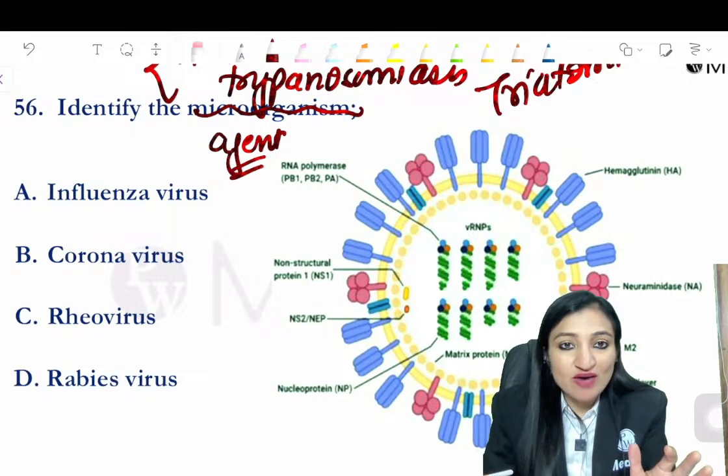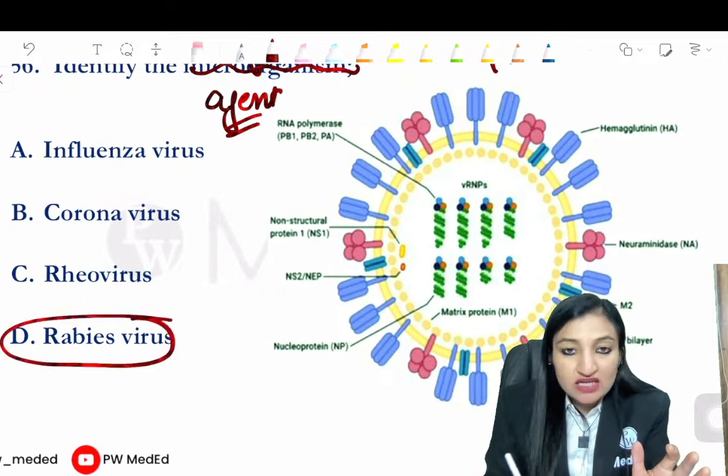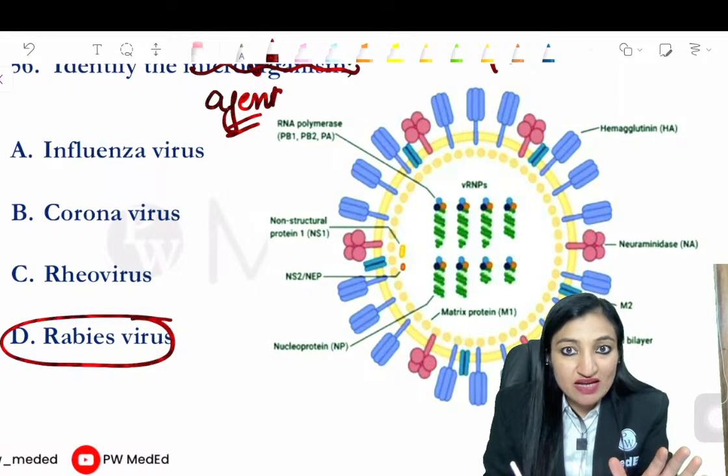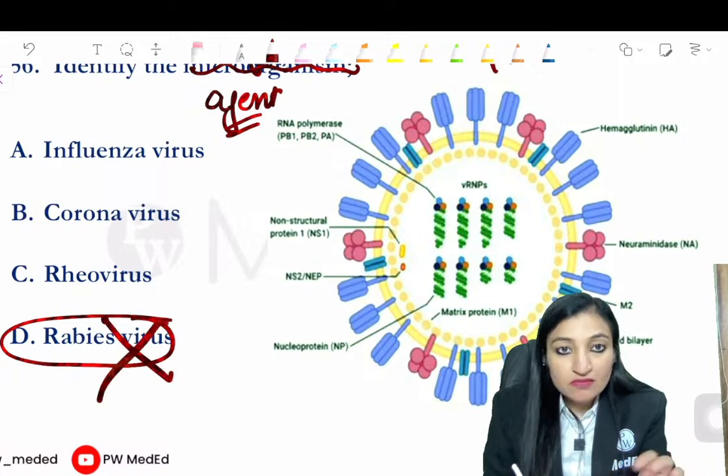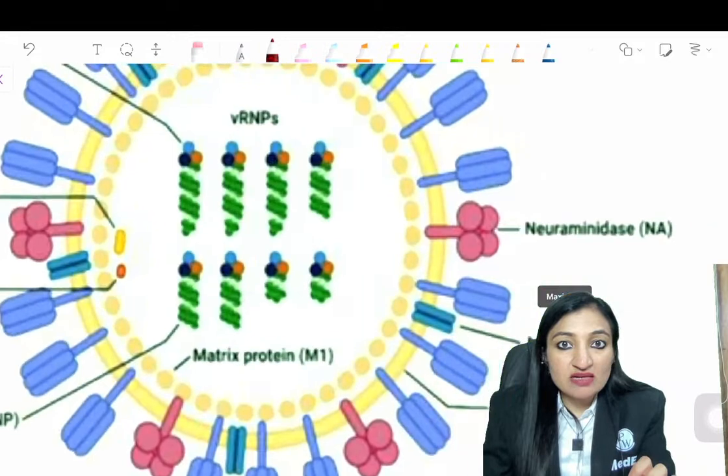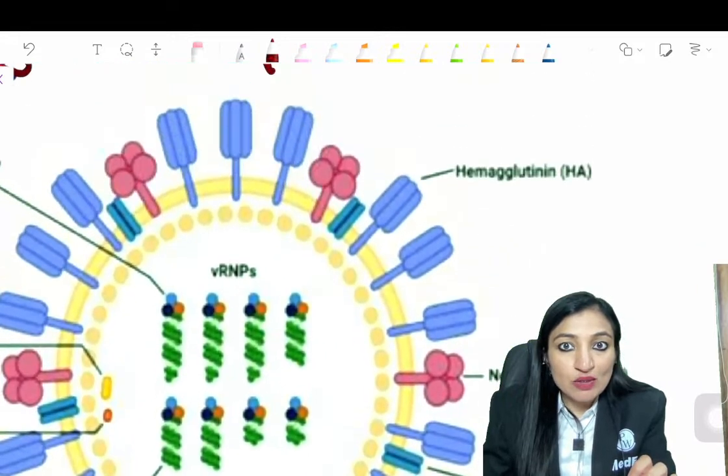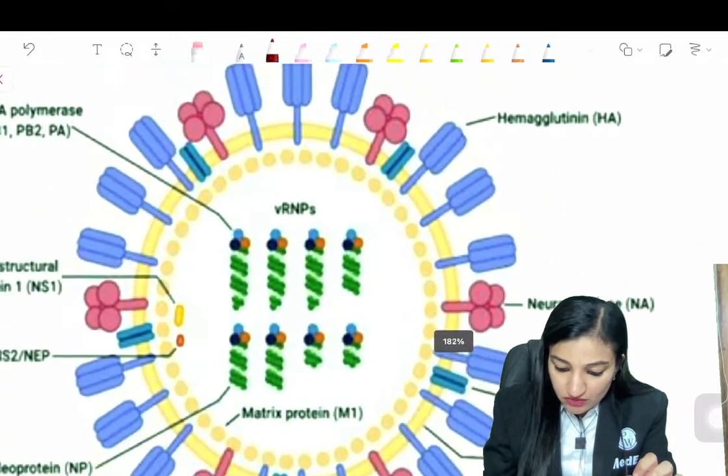Acha. So which virus is this? Rabies we saw today only. It is bullet shaped. Is it rabies virus? No, it is not rabies virus. Now what about the other viruses? Coronavirus, reovirus, influenza virus. Let me zoom the picture. So what you can see? We can see